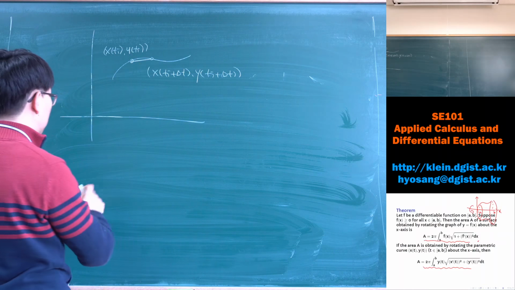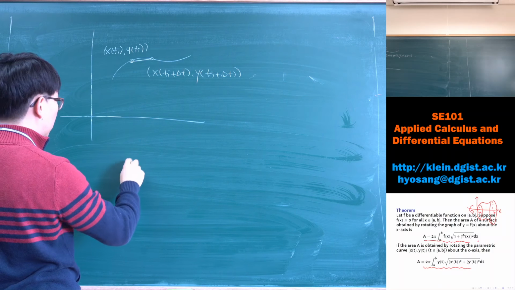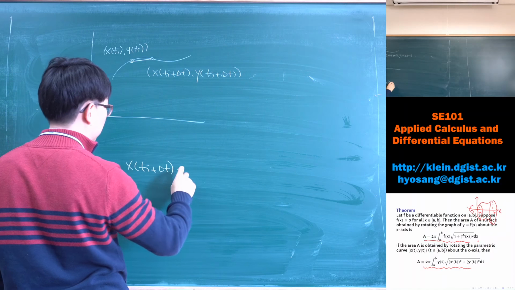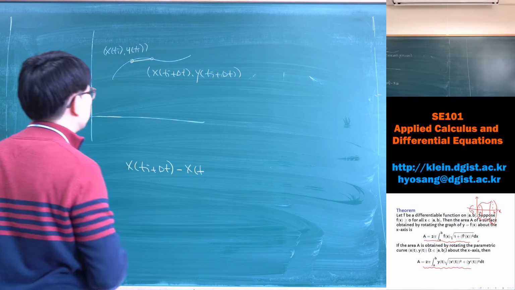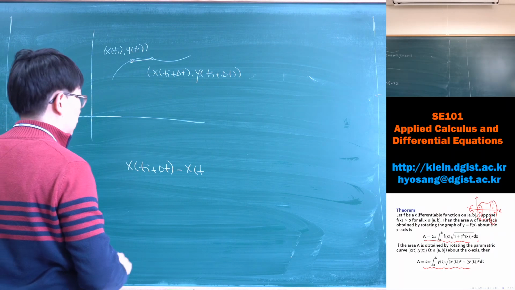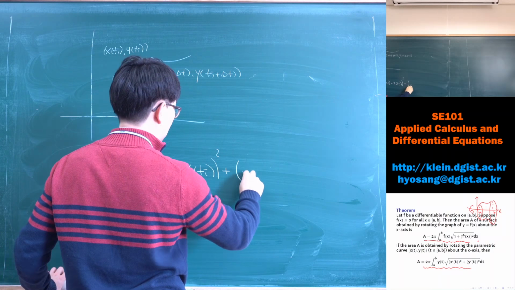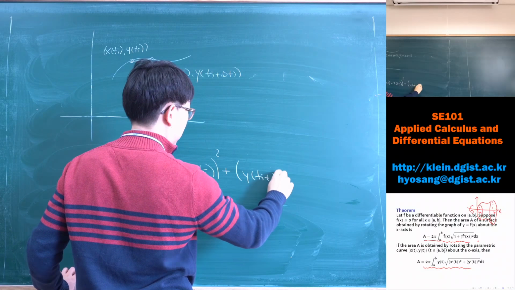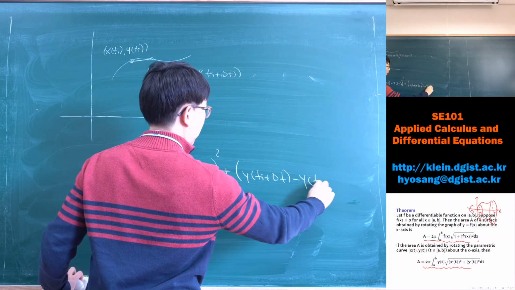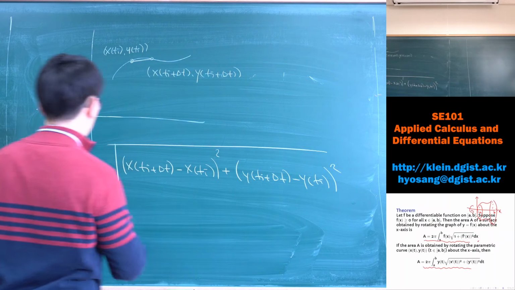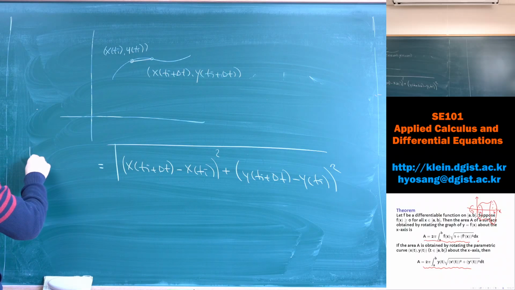So the length of the line connecting these 2 points is given by the square root of (x(ti plus delta t) minus x(ti)) square plus (y(ti plus delta t) minus y(ti)) square,